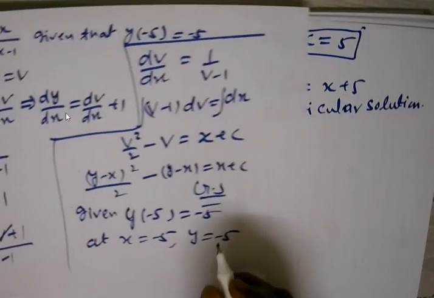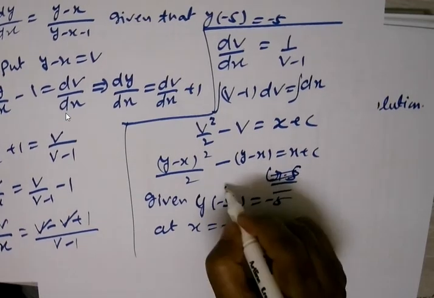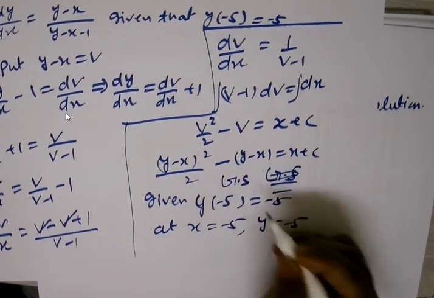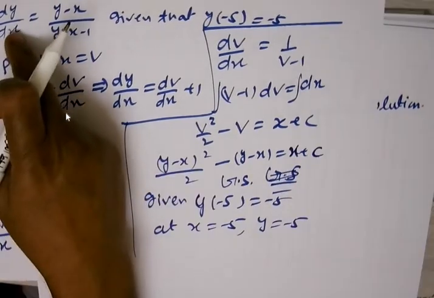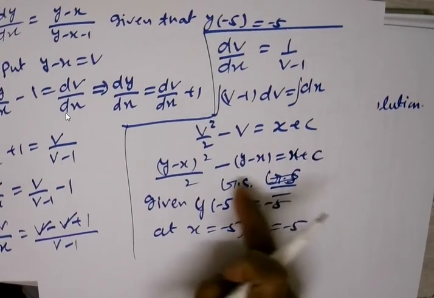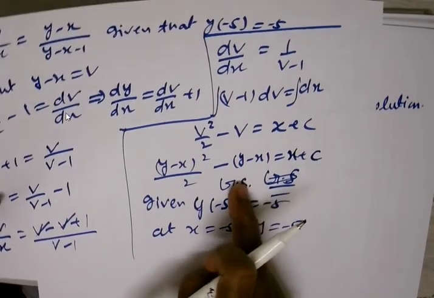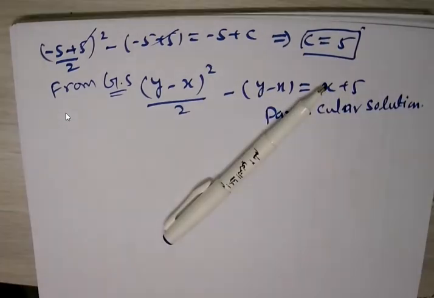Again, my dear friend, I am just telling you that this one is called the general solution, GS. General solution is where a constant is coming. That means if it is a first order differential equation, then one constant. Second order differential equation, then two constants. That type of solution is called the general solution. But if you replace the value of c, that one is called the particular solution. Hopefully you understand about that solution of non-homogeneous differential equation.